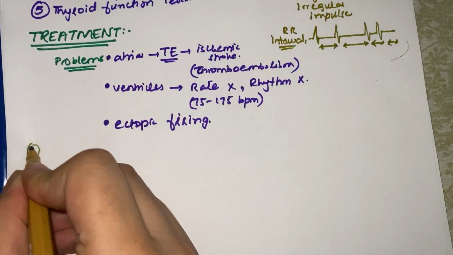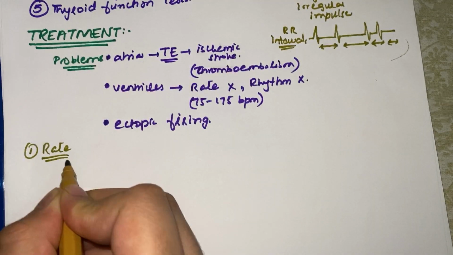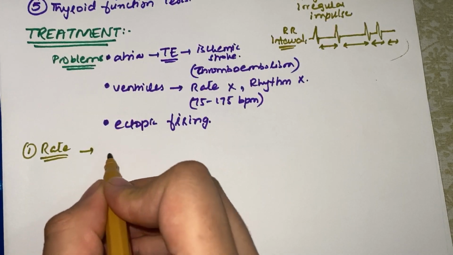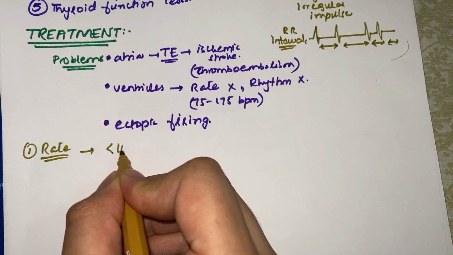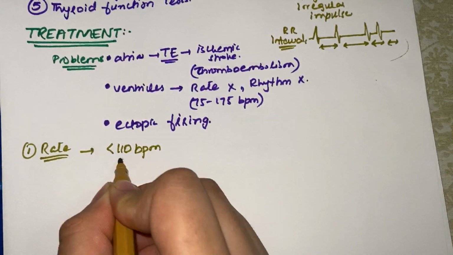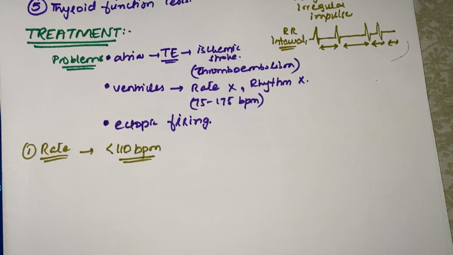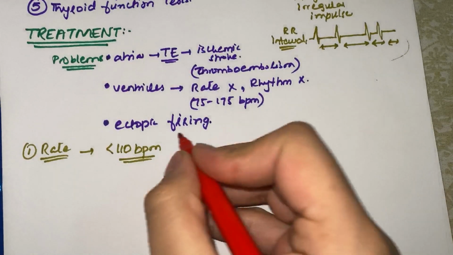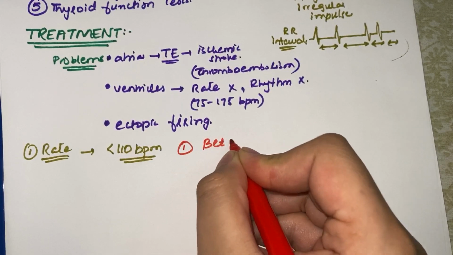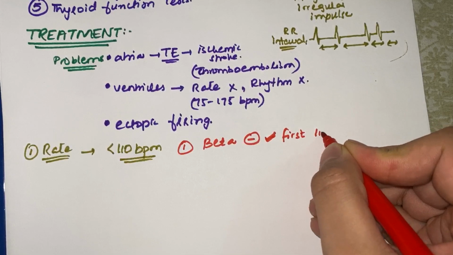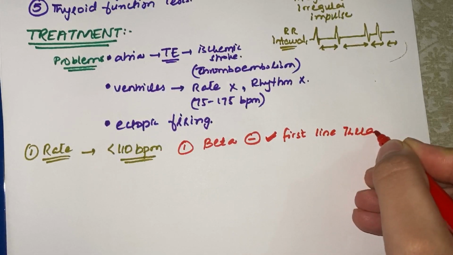First, let's see that the patient has an abnormal heart rate. To maintain the heart rate, we have to maintain a target of less than 110 beats per minute. For that purpose we will of course give some drugs which will reduce the heart rate. The first line drug therapy is beta blockers. We prefer beta blockers, as it is also an MCQ, what is the first line therapy in atrial fibrillation,